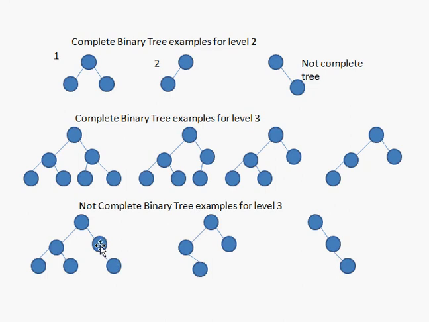So here the left child is not removed, whereas the left child is removed for this node. Okay, similarly for this node the left child is removed, the right child exists, so this is also incomplete. Again, for this you call it a right skewed tree, and a right skewed tree is an incomplete binary tree. The left child is nowhere present, so this is also an incomplete binary tree.